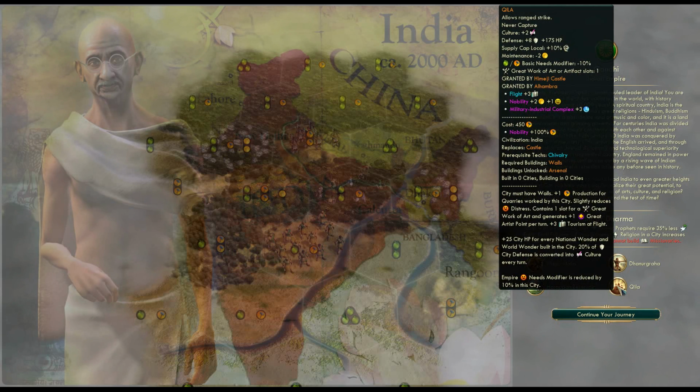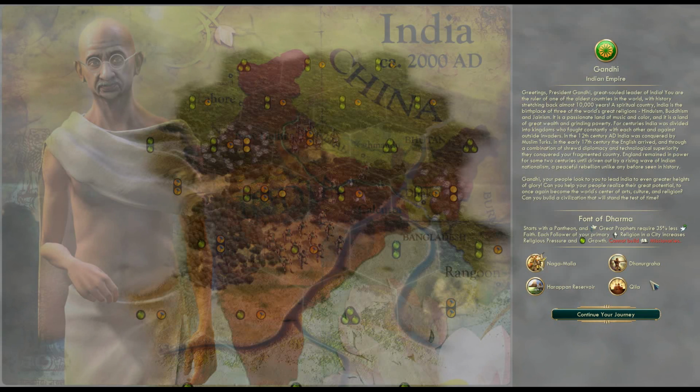Of course, if we get quarries everywhere, then the production would be pretty relevant as well, but we can't plan for that. So that's these three. And then we have